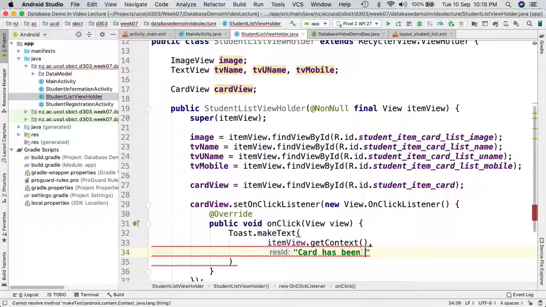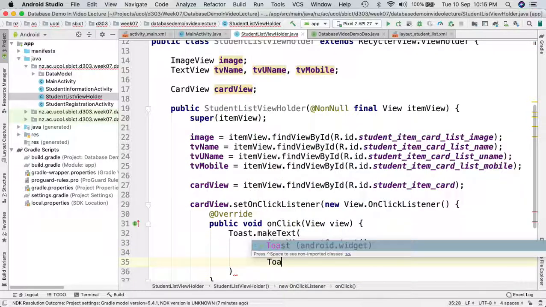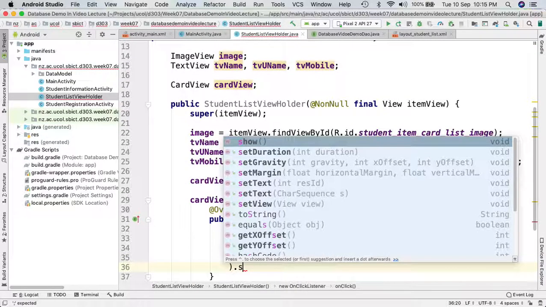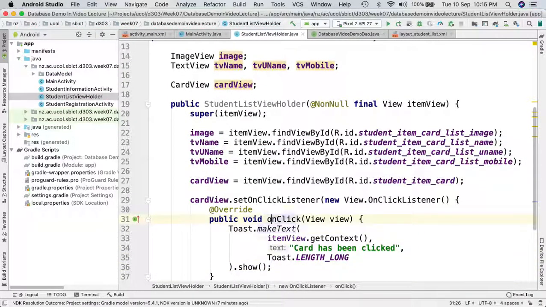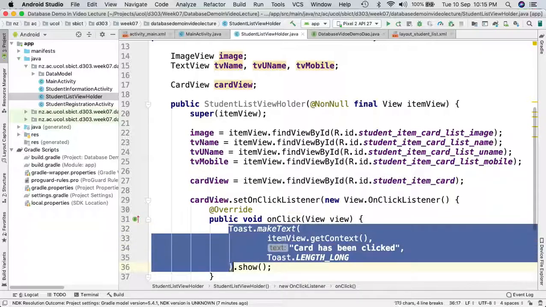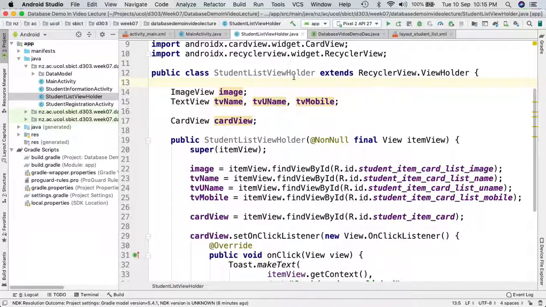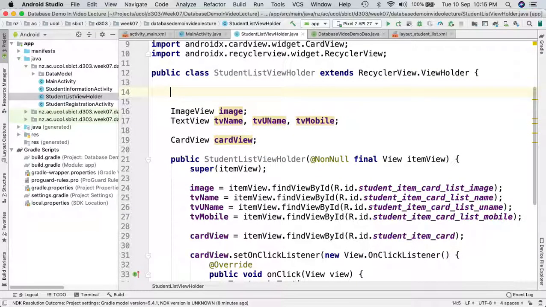Card has been clicked. We are passing that specific message, Toast.LENGTH, and then we are going to show that specific message. So on the click, we are just trying to show it. The other thing that we want,